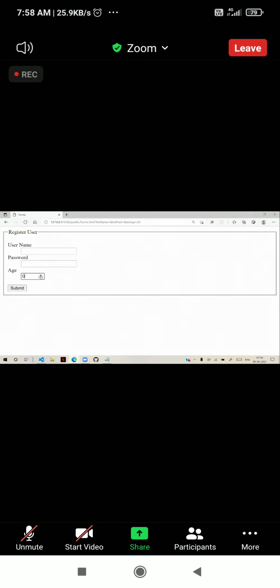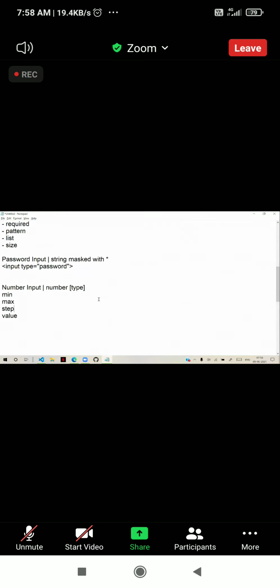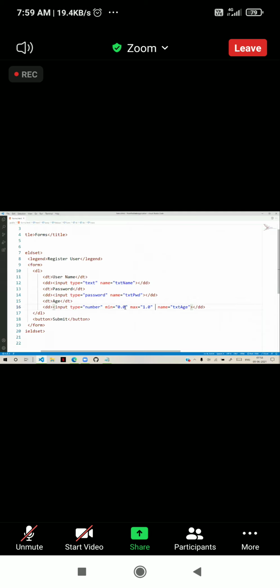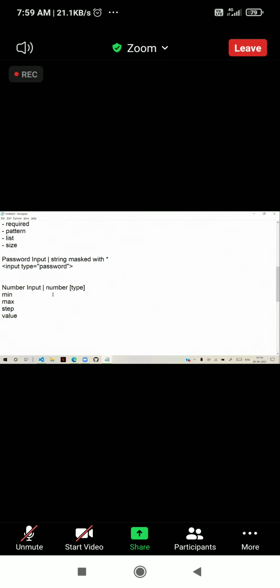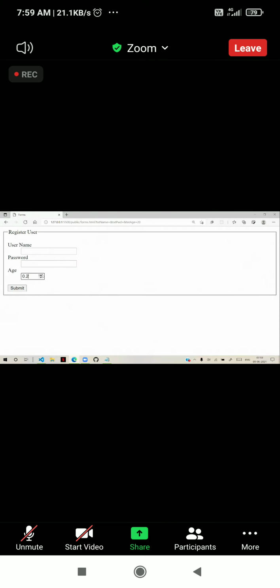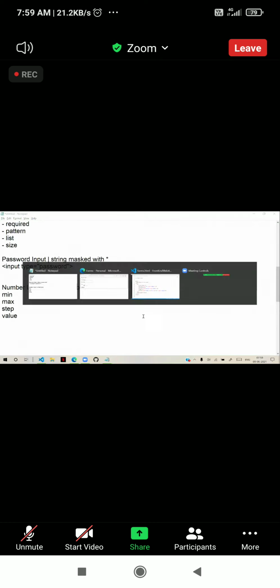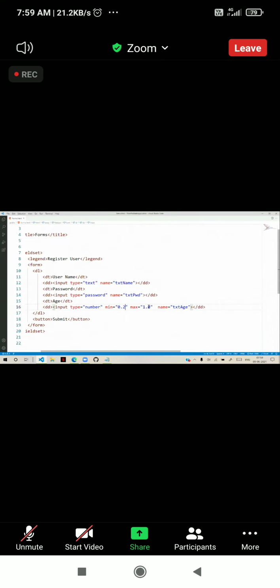Inside that, suppose the fraction is 0.2, I give 0.2 as the minimum. Then when I use it, it will not allow any others. Suppose I give 10.5, like this.